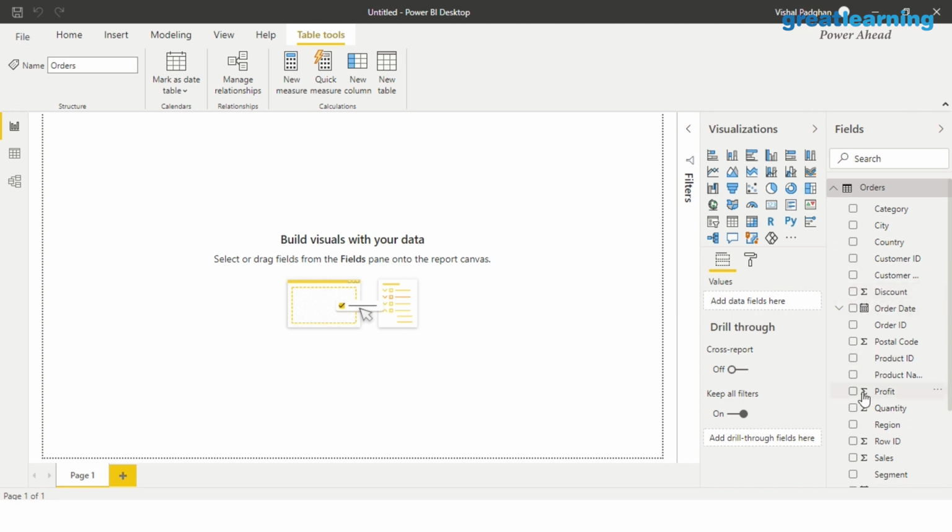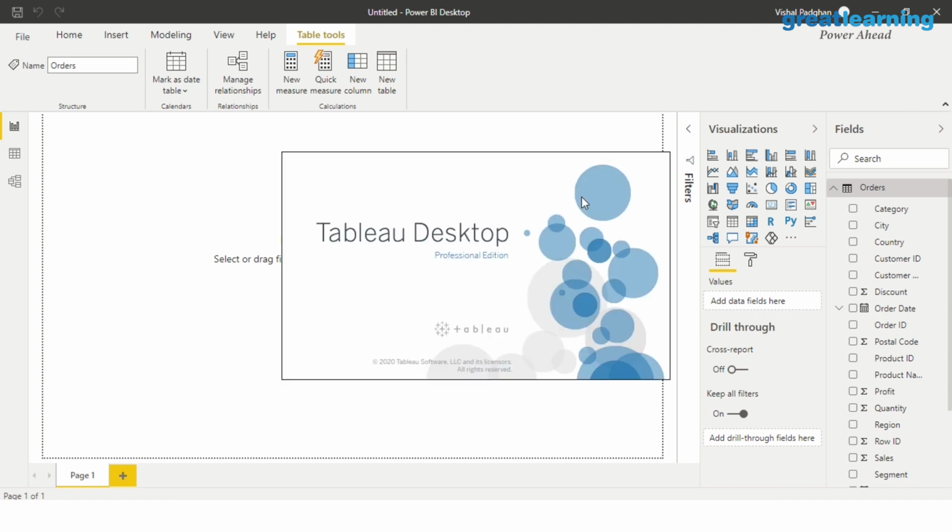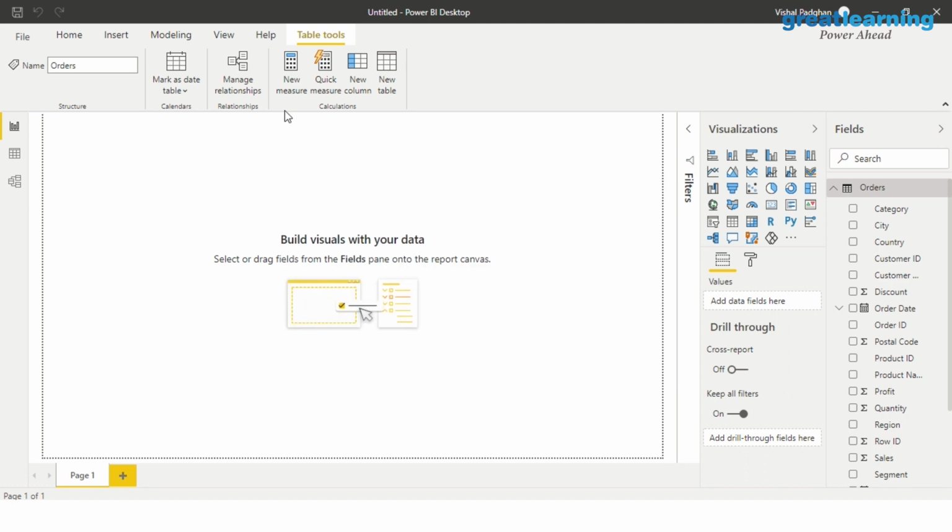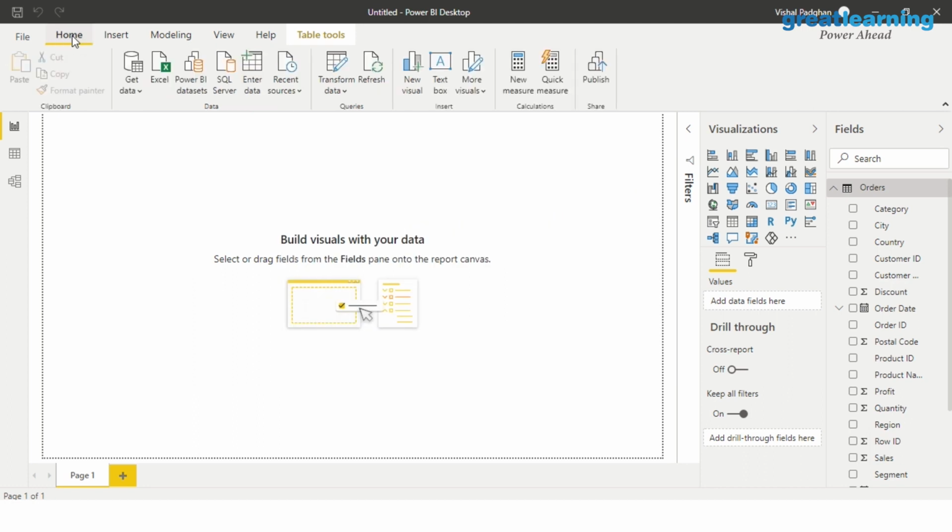The summation sign indicates it's a function that you are using here to calculate these values, or a measure rather. Apart from that, these are your data that is more dimensional in nature. And if you come down here, this is more quantitative or measure kind of data when you talk about profit, be it a discount, right? Your quantity, your sales. So this is more of a quantitative data. Here you see your different visualizations that you can use, something that we'll discuss as we get into the details of things, right? So you can also import your data from different sources.